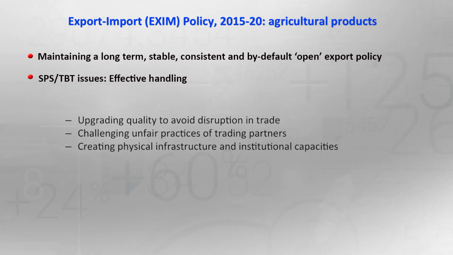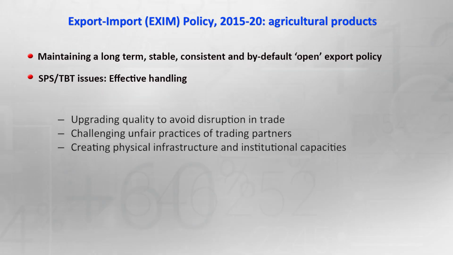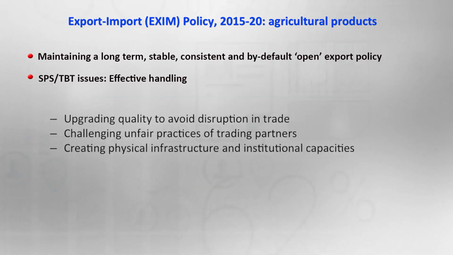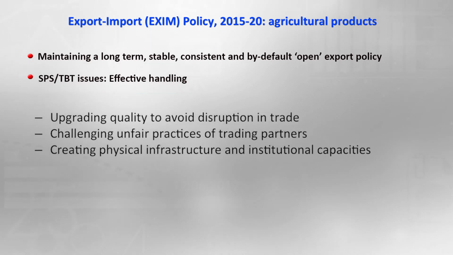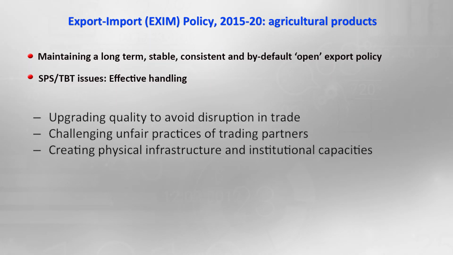Sometimes there were unfair practices and rejection of the consignment by citing the SPS or TBT issues. So, they should challenge such practices, and then creating physical infrastructure and institutional capacity were highlighted in